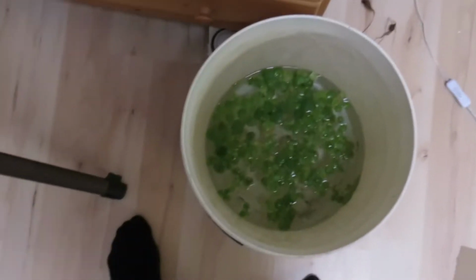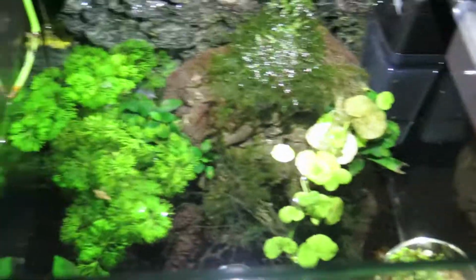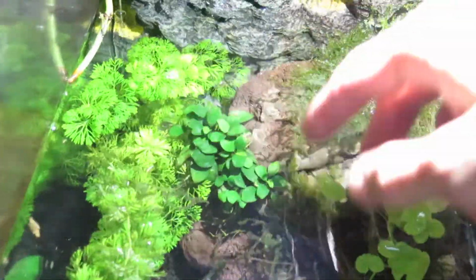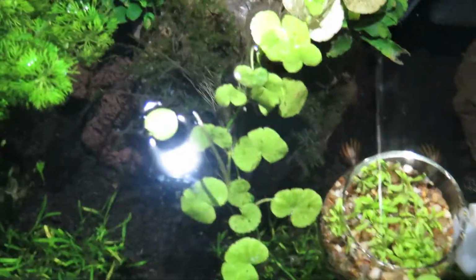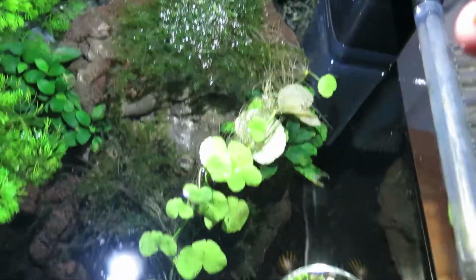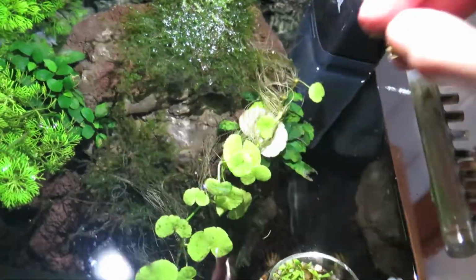So now I removed the frogbit, and as you guys can see, the plants aren't doing bad. Everything is healthy over here, even the Nubia down there, and the moss, of course, here it's growing on the back of the tank. Okay, there's a dead leaf, but except for this, everything is fine in here, and it's just the annoying cyanobacteria,